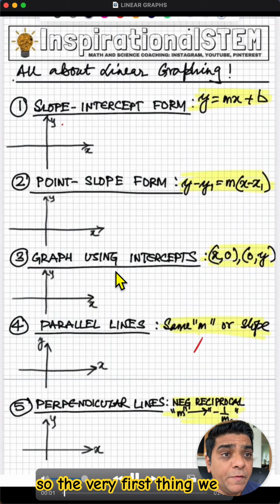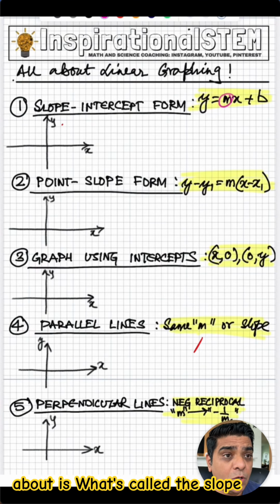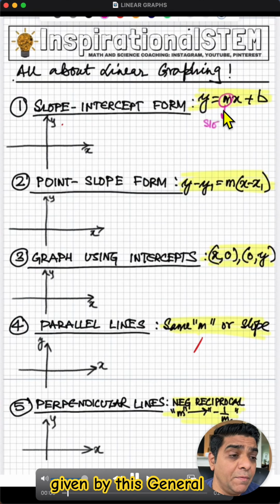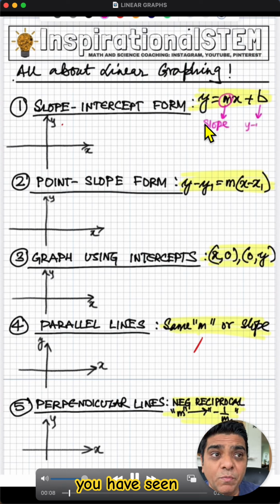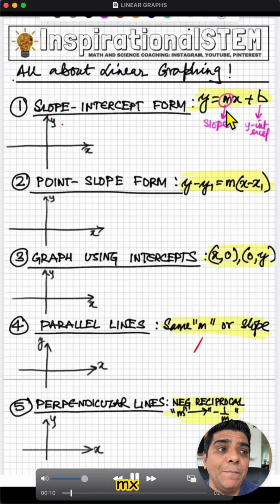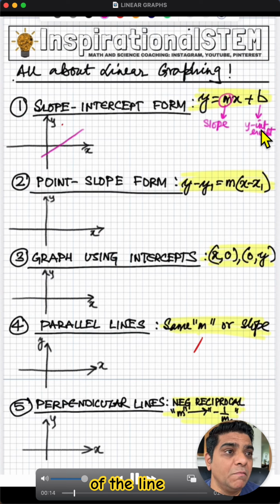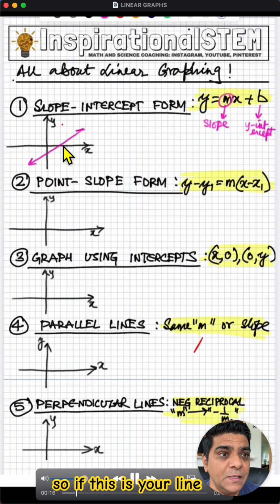Okay, so the very first thing we want to talk about is what's called the slope-intercept form. It's given by this general equation you have seen before, y equals mx plus b. What is m? m is the slope of the line. b is the y-intercept. So if this is your line,